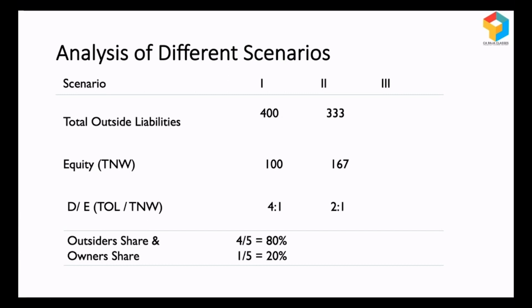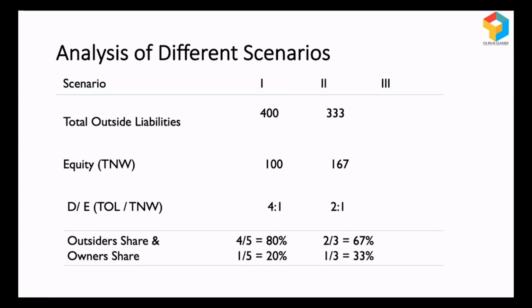It means if 1 rupee is contributed by the owner, this business is borrowing 2 rupees. So if this business is raising 3 rupees, 2 out of 3 is contributed by outsiders, and 1 out of 3 is